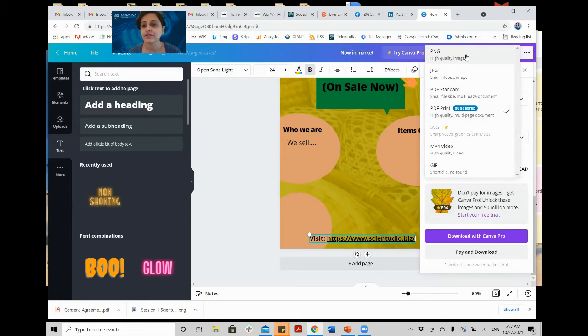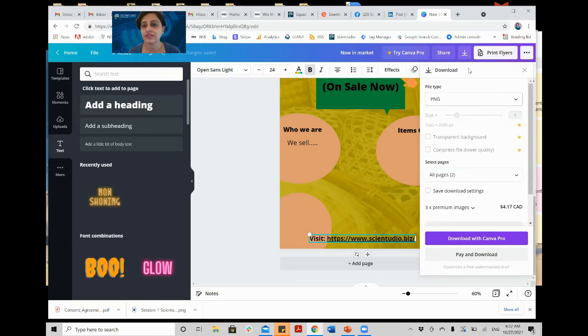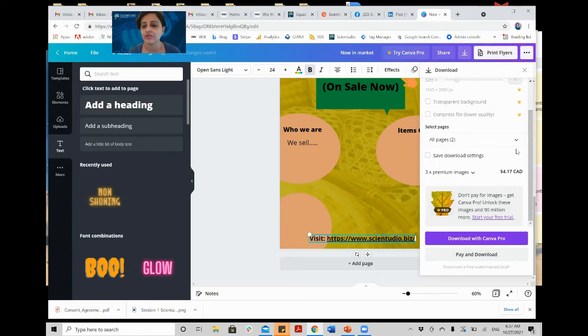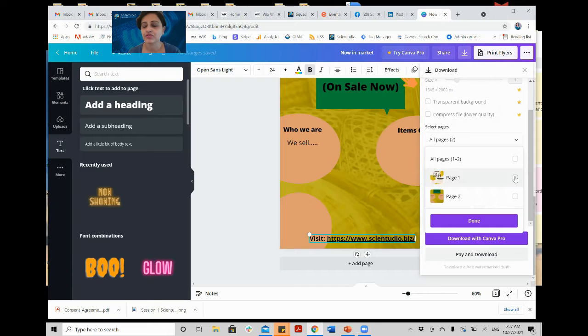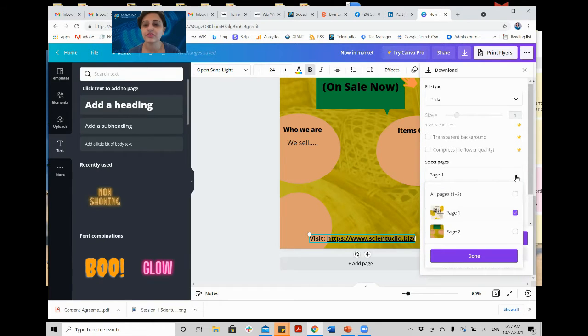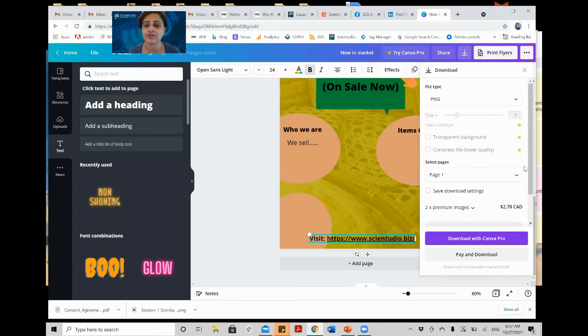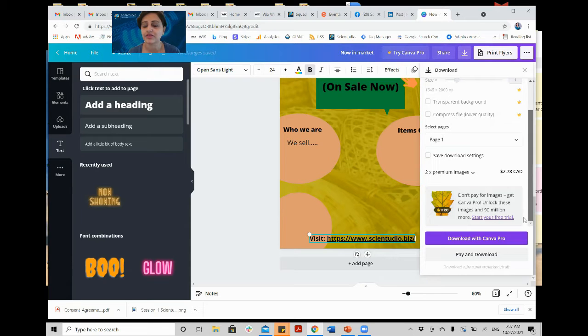So then you click this, and then you can even say download with the Pro, or download with just the images you can choose, but you are using the free trial version, so technically you can even do the free trial version for that. You see, start your free trial.